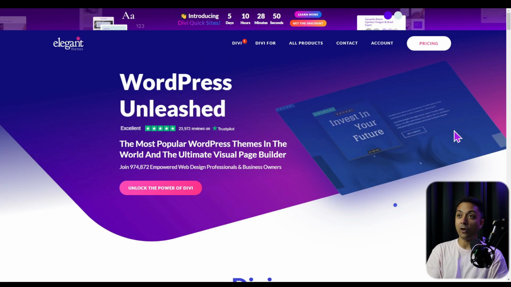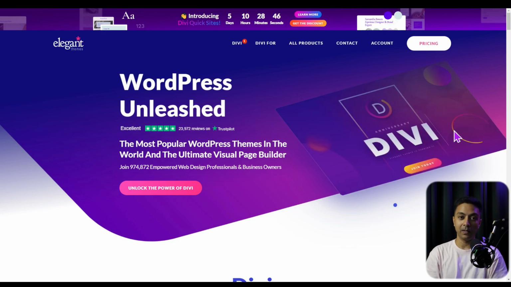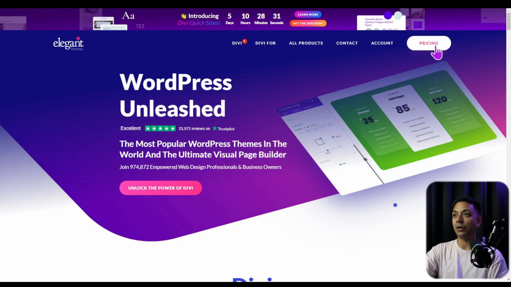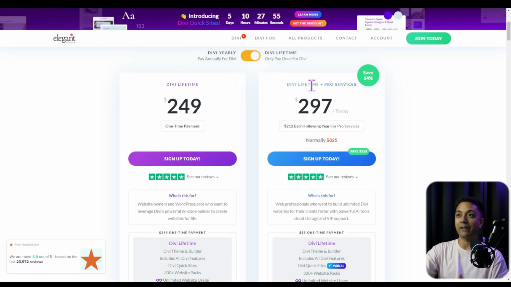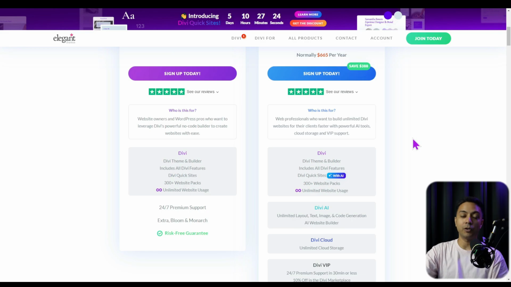Alright, so once we are done with setting up WordPress on our hosting server, it's time to install the Divi theme. Now in order to download the Divi theme, we need to go to elegantthemes.com, and here if you have not purchased the Divi theme yet, you can go ahead and click on the pricing plan here. And here you will get two pricing plans. Along with that, you can also check the lifetime price for the Divi theme. And you can check out all the details about the pricing plan and choose the one which suits best for